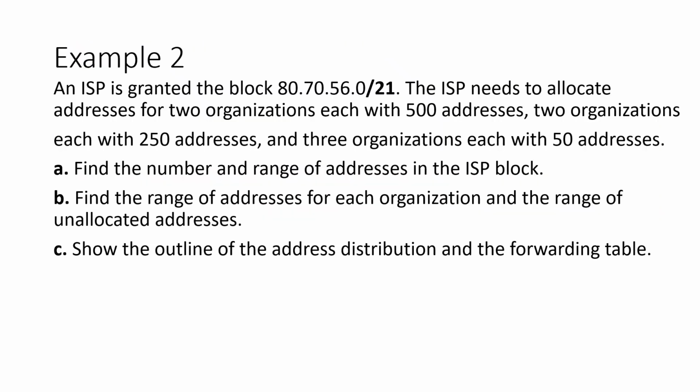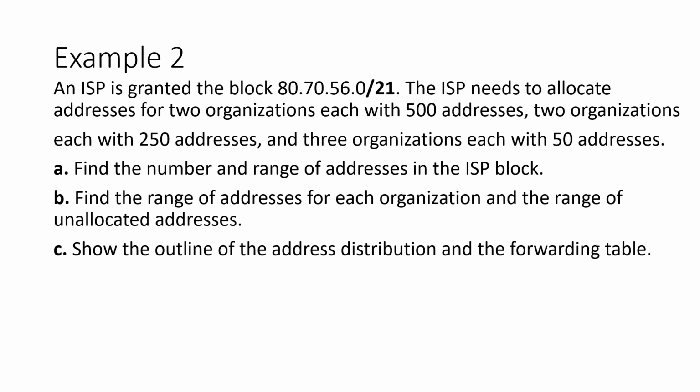And in the second example, an ISP is granted the block 80.70.56.0/21. The ISP needs to allocate addresses for 2 organizations, each with 500 addresses, 2 organizations each with 250 addresses, and 3 organizations each with 50 addresses. So in this example, the given IP address is given, and the network prefix small n is also given, that